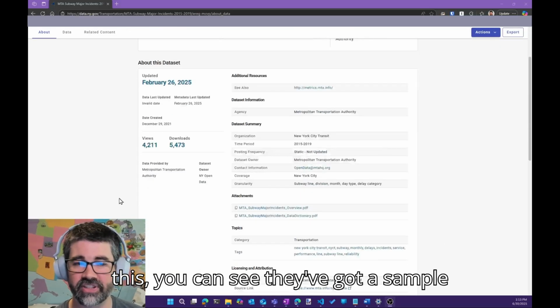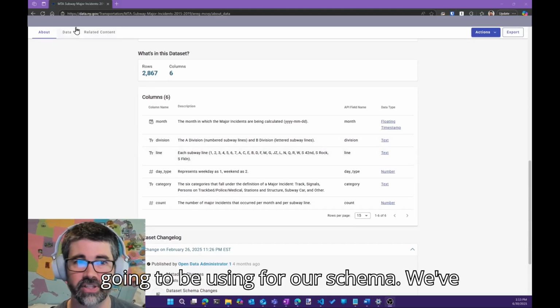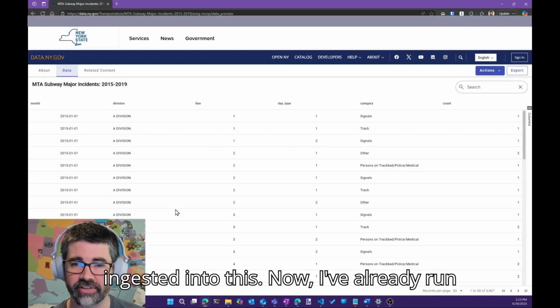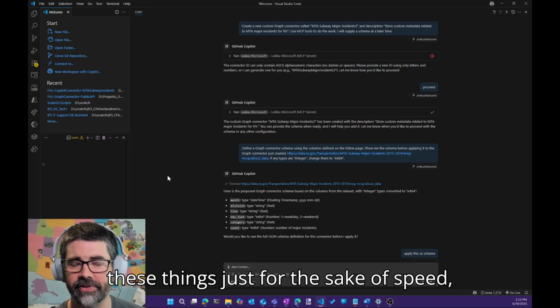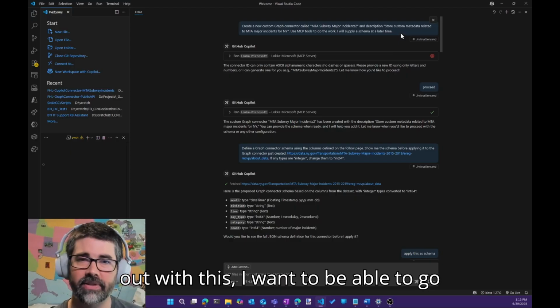Inside of this, you can see they've got a sample set of different columns that are available, things that we're going to be using for our schema. We also got some data that's going to be ingested into this. Now, I've already run these things just for the sake of speed, so we can actually see what's happening with this. In this case, I want to start out